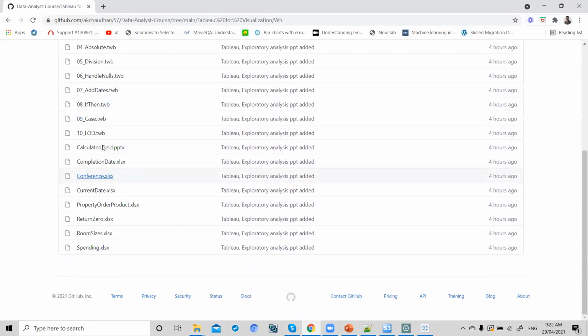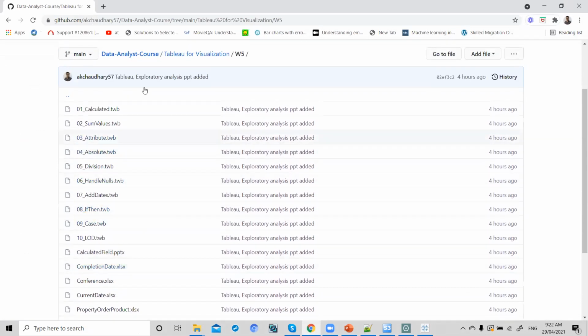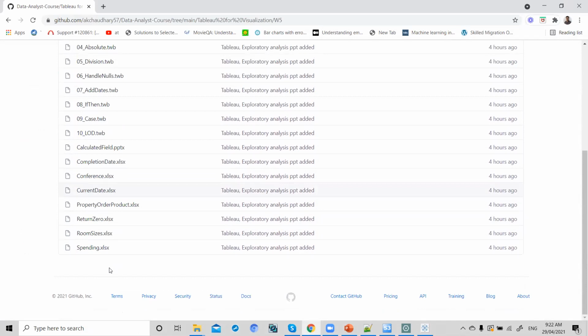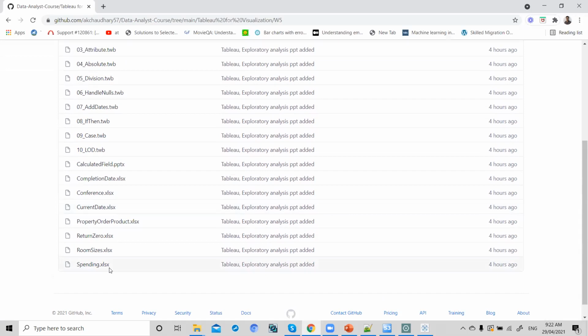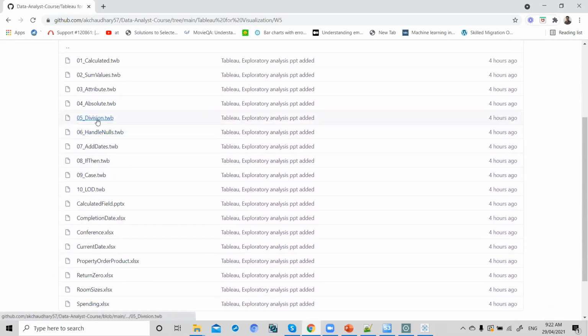You need to download all these files. All these files need to be in one folder. Here my folder is week 5. So all this information needs to be in one folder, and then you can practice. Then how did you start in Tableau? Okay, let me do it for you. If I download this,